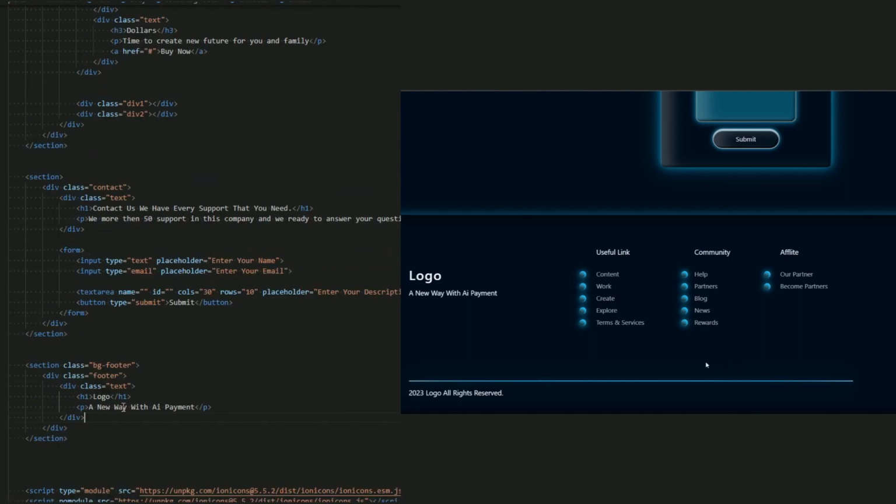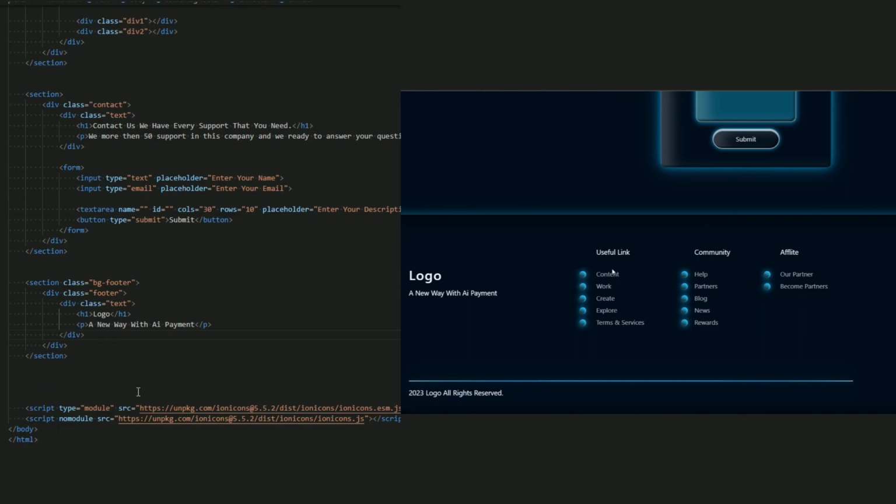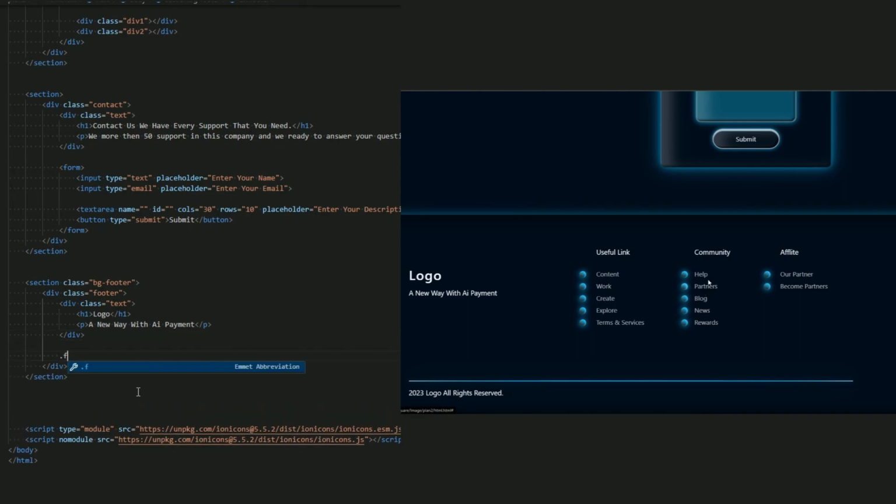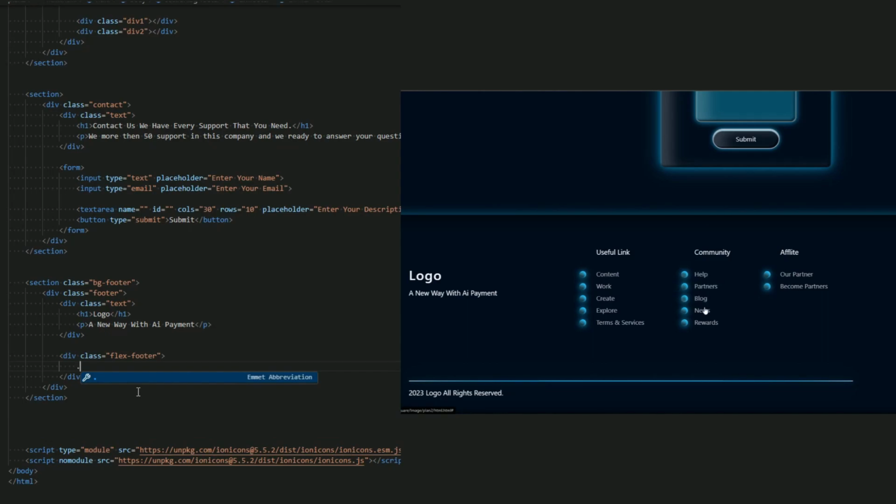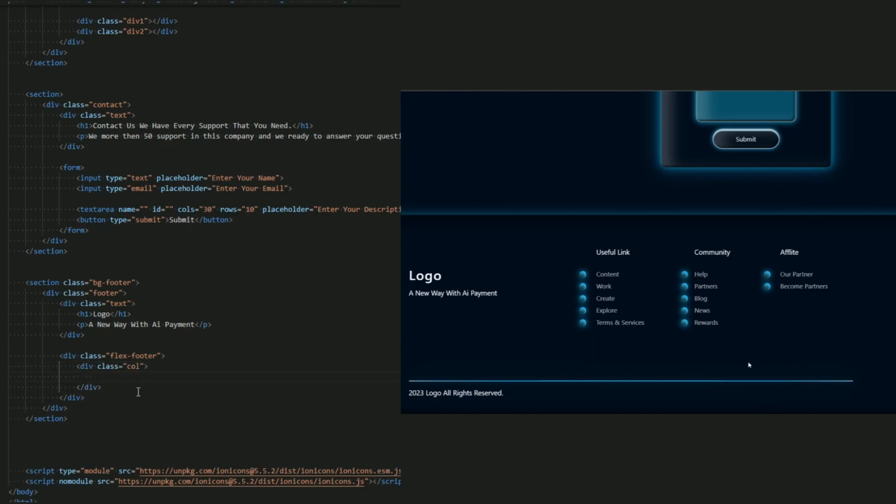Now for the links, let me create a flex footer, because I want to have these three in one box. Now inside flex footer, let me create a col to add the display flex and the flex direction column so the links go on the next line. And add the p, useful link.